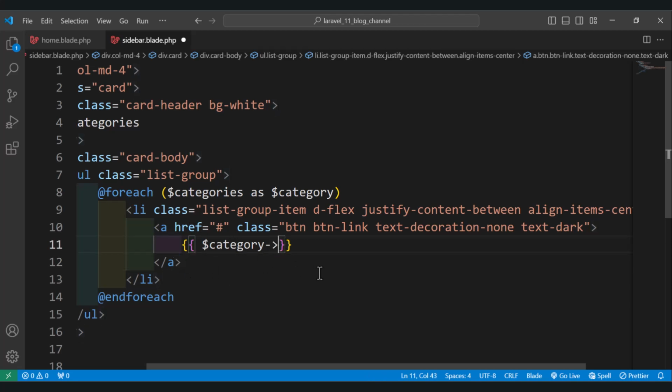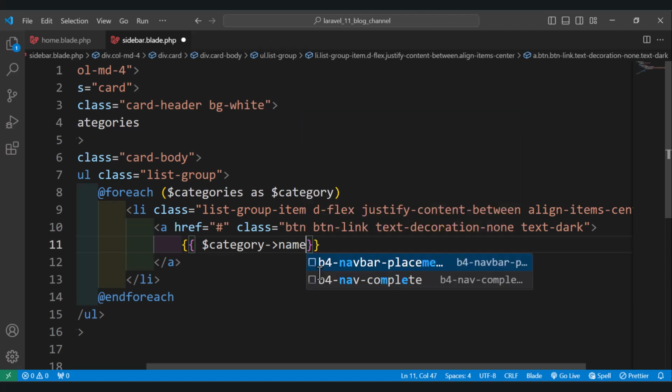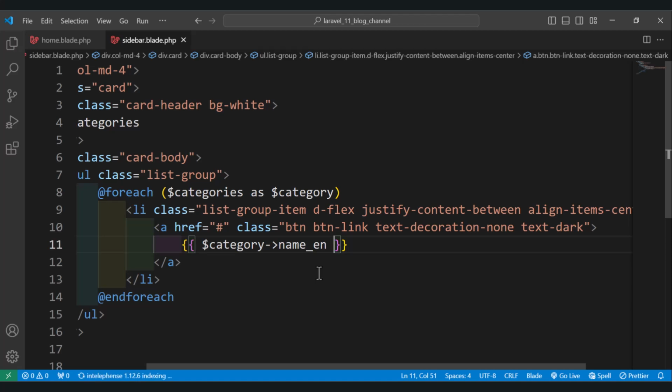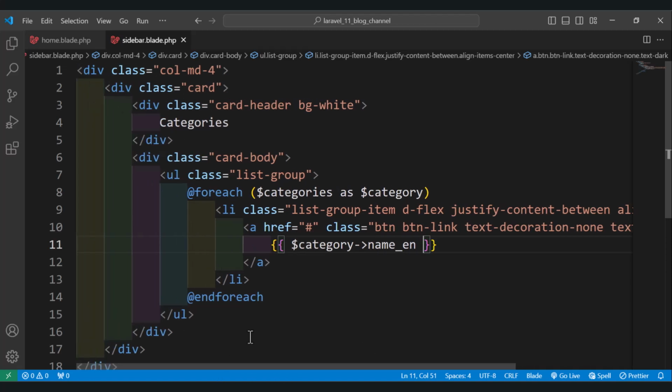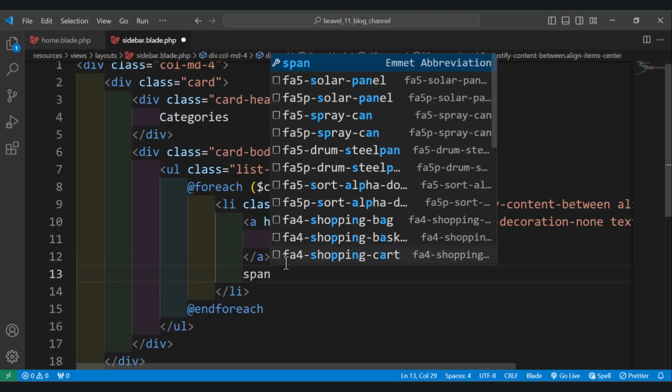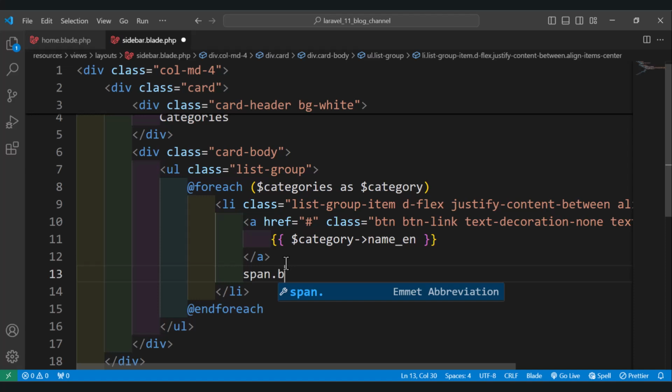So here let's display the name in English, and later we will add the check for the language switching. So let's add another span here, and this span will take the class badge and bg-primary and rounded-pill,